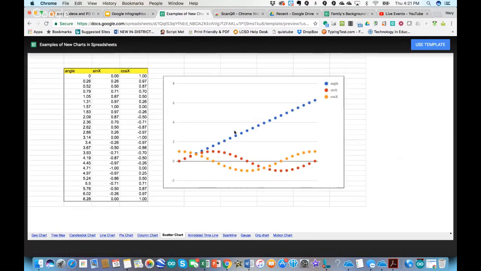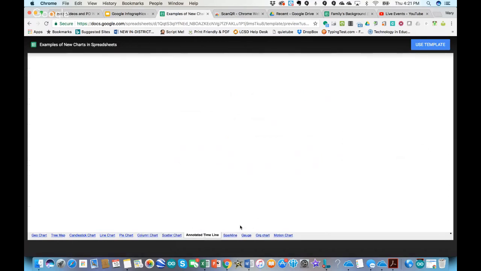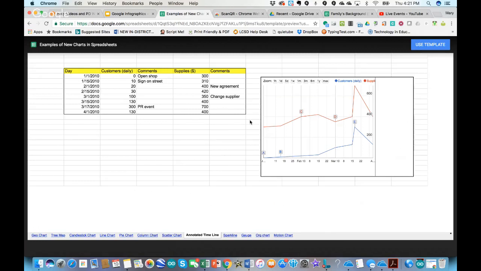So this goes through, for example, scatter charts, timelines. And if you wanted to use these templates, you could always click on Use Template and create that for yourself within Google Sheets. So it gives you on the side here how you would need to format